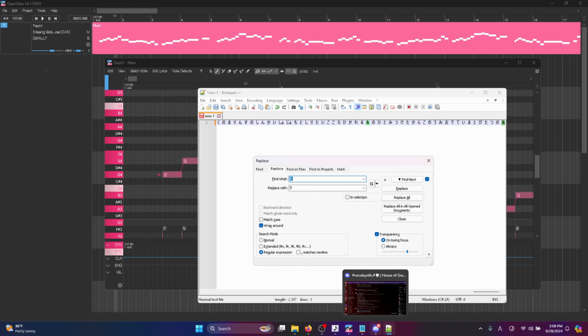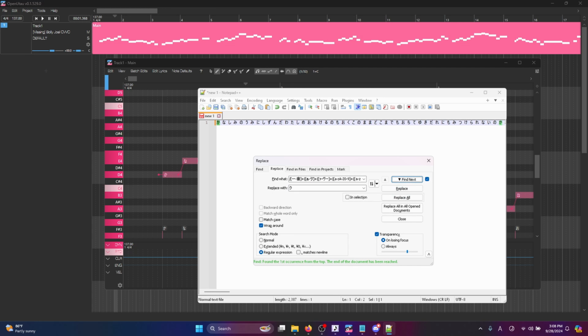And then hit Control-H to replace, and then I'm going to put in a regular expression in find what. And don't worry about trying to memorize it or anything. I will include this in the how to use guide. So this regular expression basically seeks out basically all numerals, all letters, all kanji, katakana, hiragana, etc. And when we find next, see that it highlights all the characters but not the spaces, which is what we want. So then replace all,